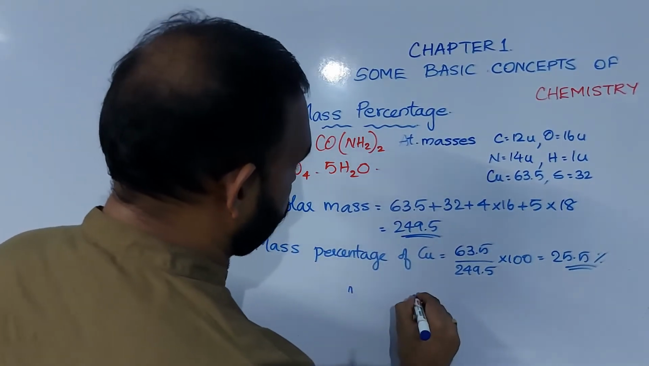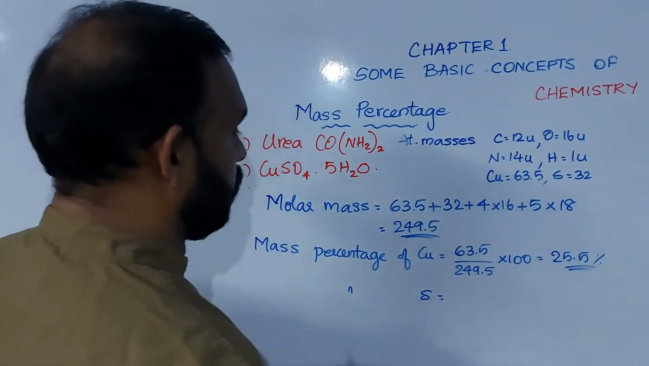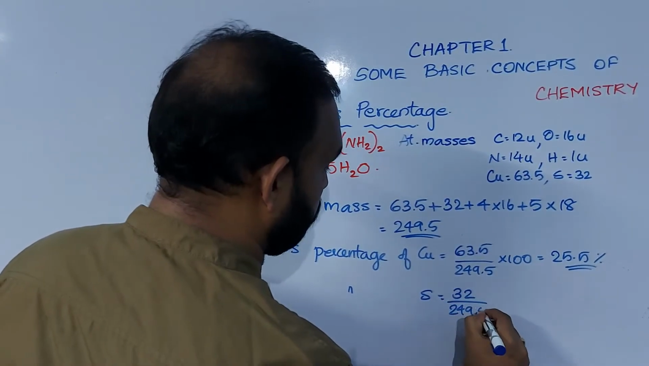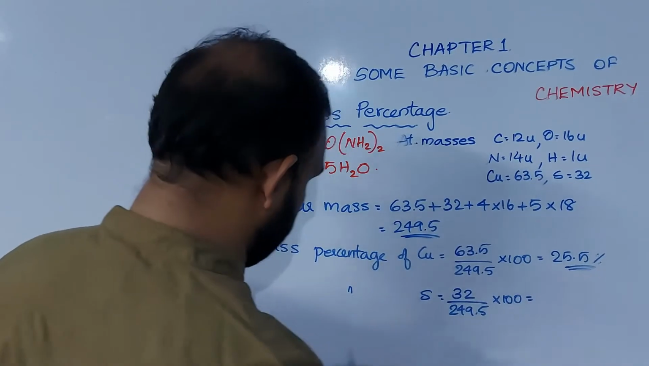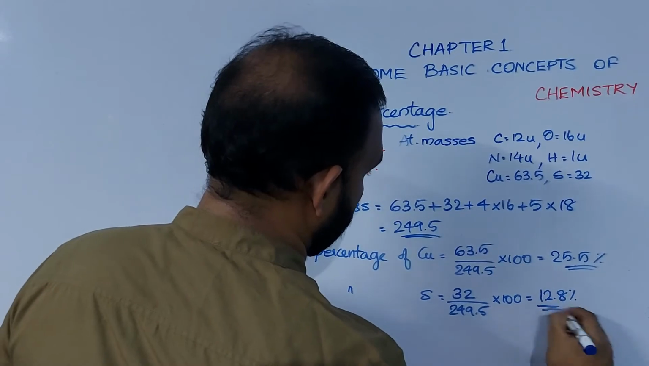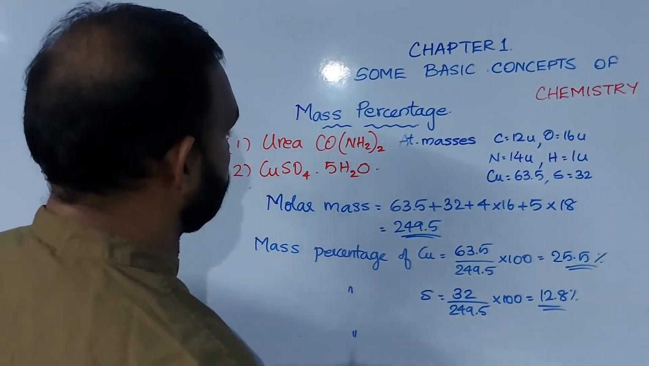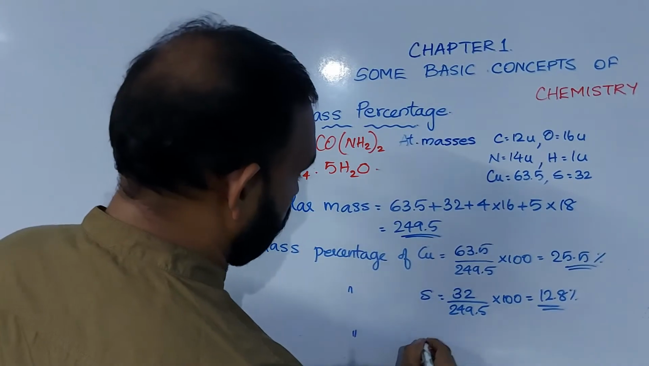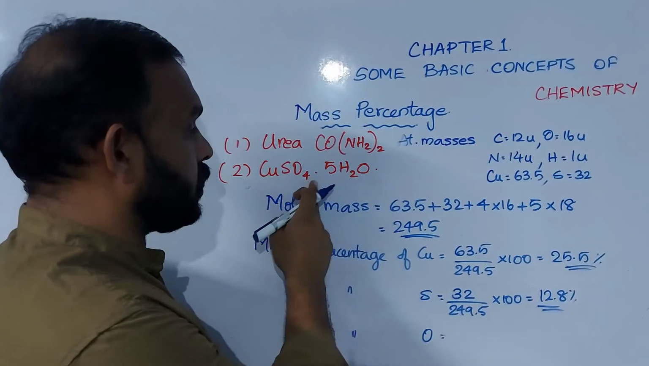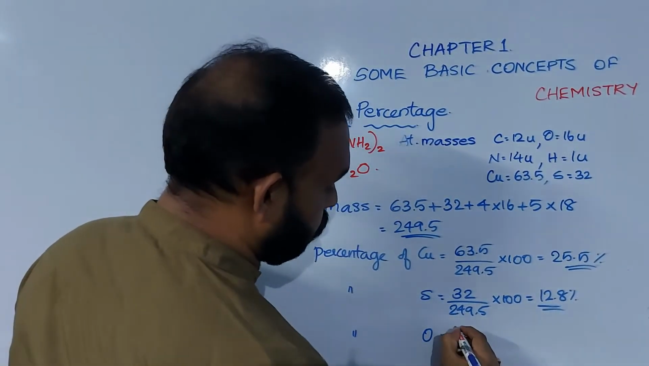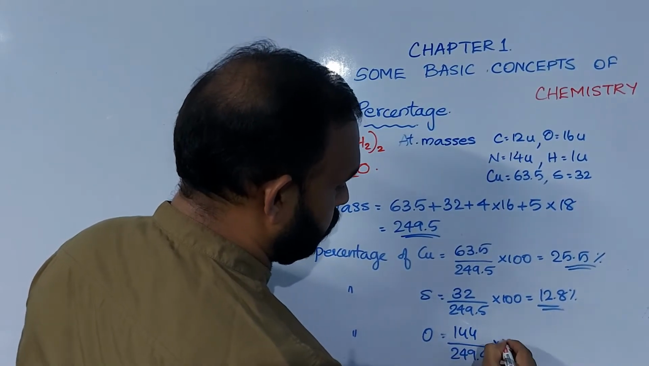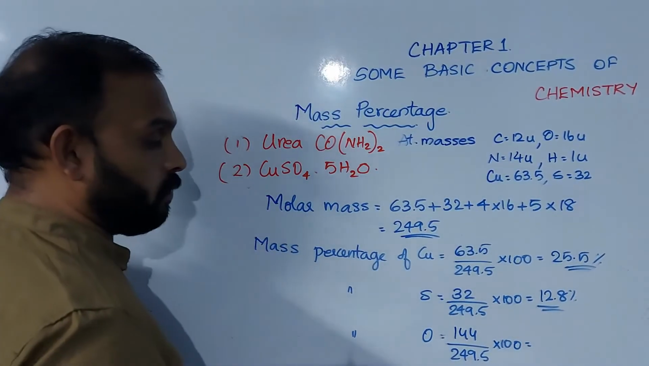Now mass percentage of sulfur. Sulfur is having only 1 atom, so it is 32 upon 249.5 into 100 is equal to, we will get the answer 12.8%. Okay. Now mass percentage of oxygen. How many oxygen atoms are here? 9 oxygen atoms are there. So 16 into 9 we have 144 divided by 249.5 into 100,